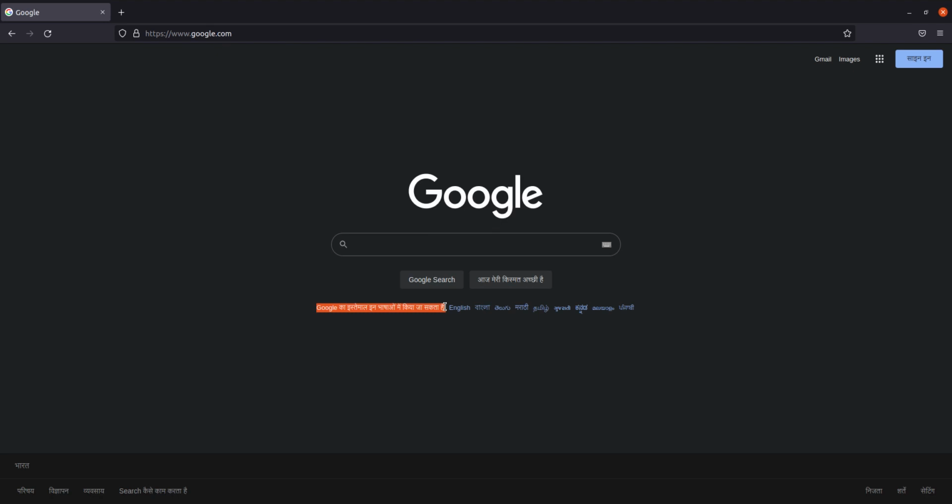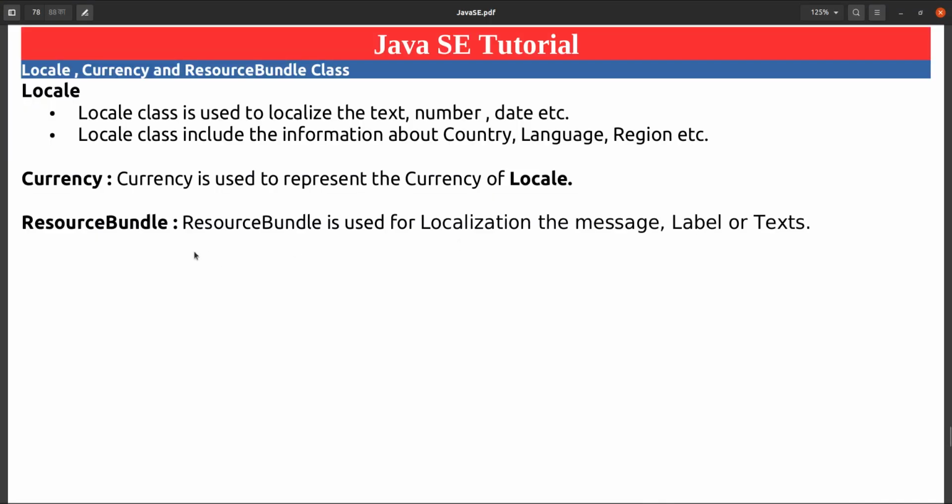By using that information, your operating system creates one Locale, and this browser takes that Locale, and Google uses it to show you the respective language according to your country and region. So this is called localization, and this is the use of the Locale class.